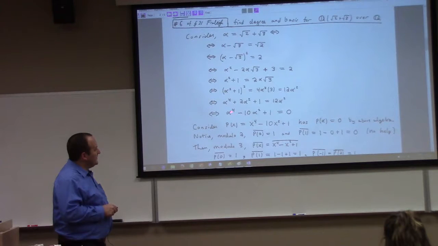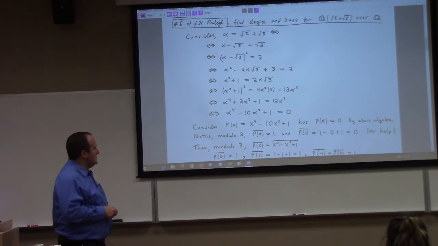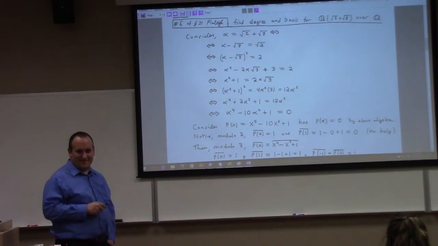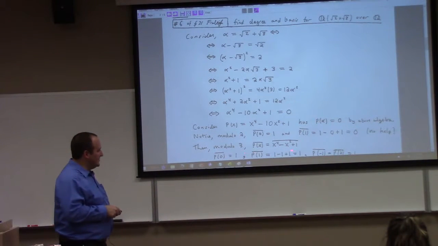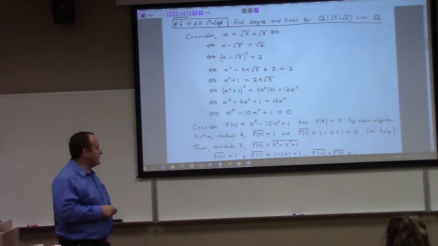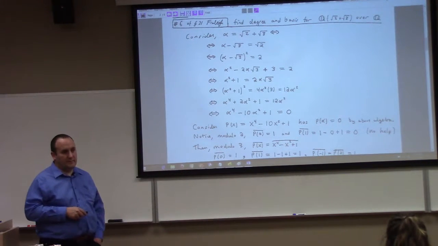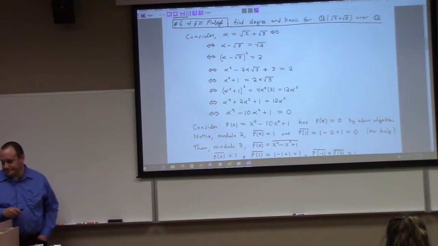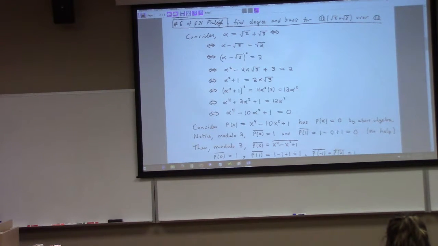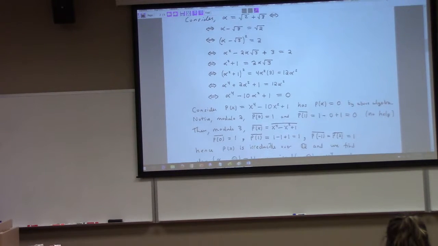And if you remove the radicals, eventually you get to this polynomial, which is quartic, which does not play nicely with Eisenstein, and it will thwart your efforts with mod 2. It's no help either. But when I got to mod 3, hooray. See, mod 3, 1, 1, 1. So modulo 3, this polynomial has no zero, which then, by our earlier theorem, implies that this polynomial is irreducible over Q. Remember that one? Yeah. So I had to do a mod 3 reduction. I don't know. Anyway,